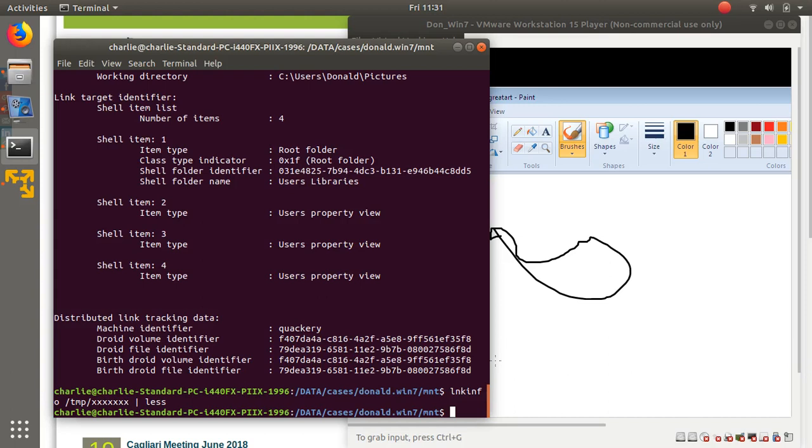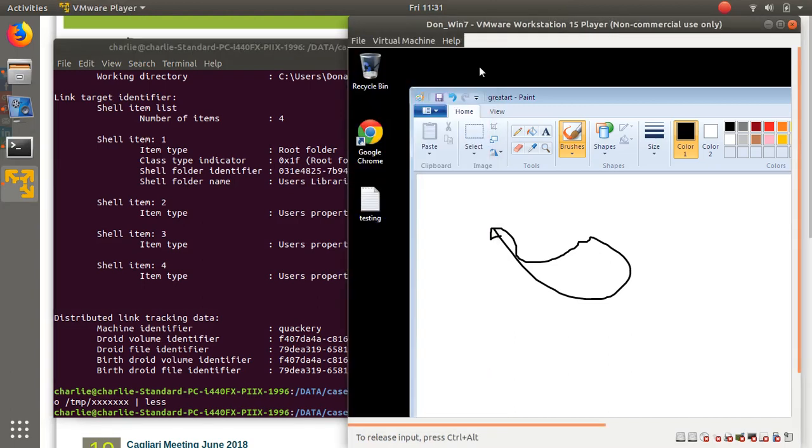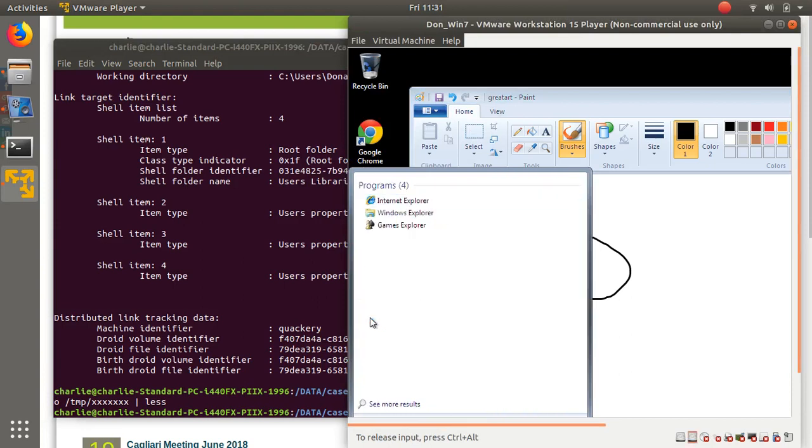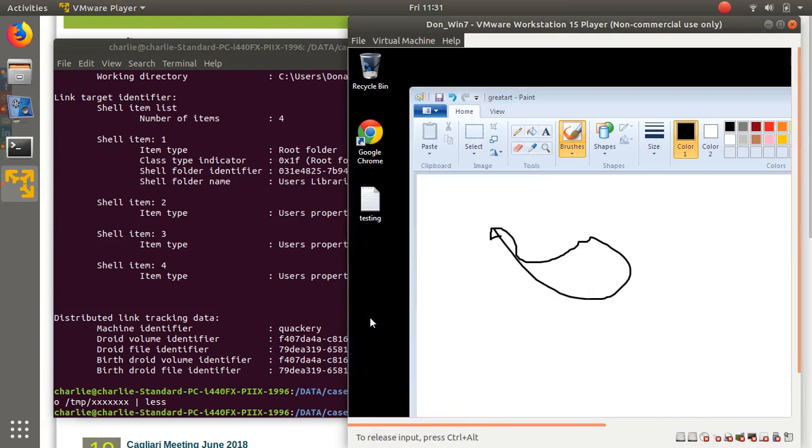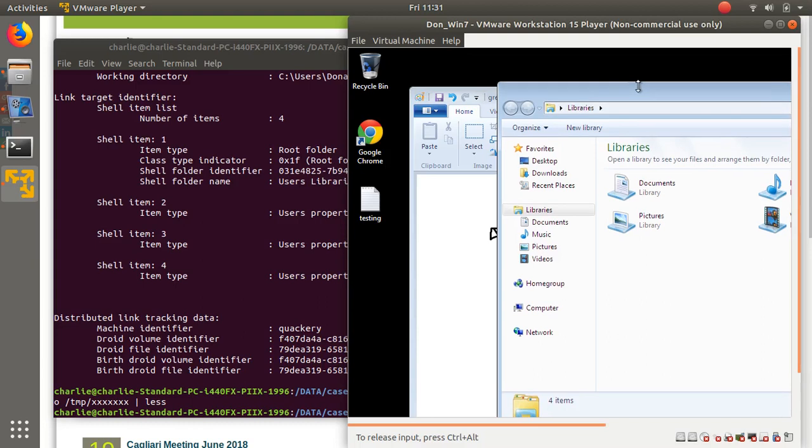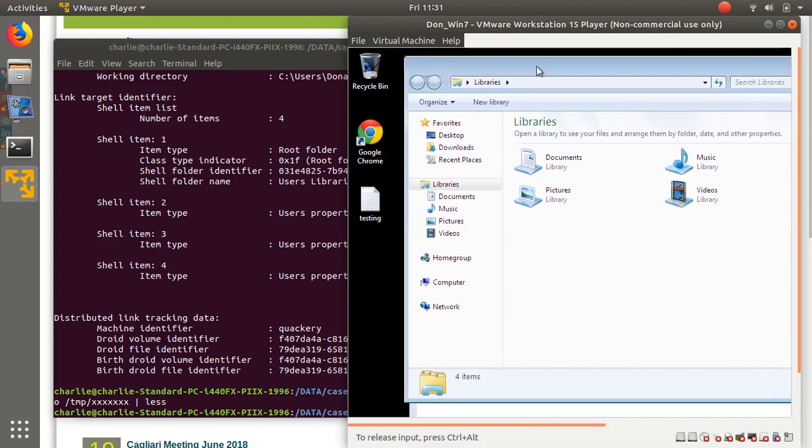Now, one other point, this is only updated, as far as I'm aware, when you're using Explorer, which is either using the desktop, so when you open something on the desktop, or when you use Windows Explorer to access a file. But a lot of people use those all the time. If you use the command prompt, then that doesn't update the link file. Okay, so that's that on